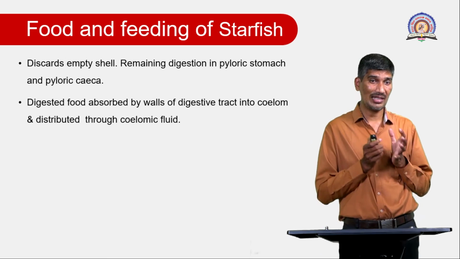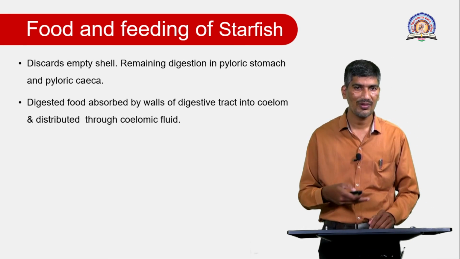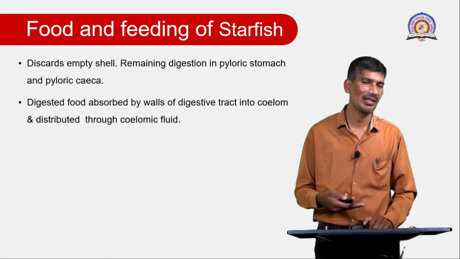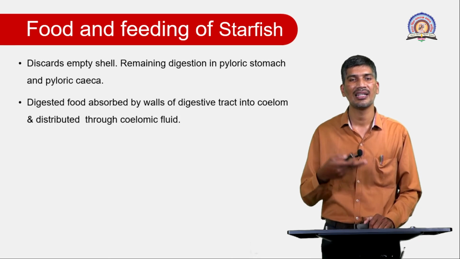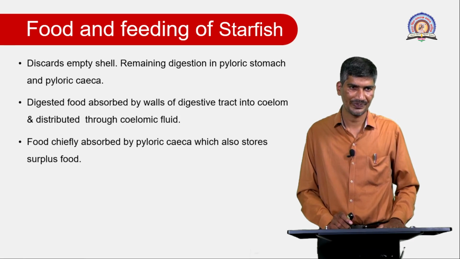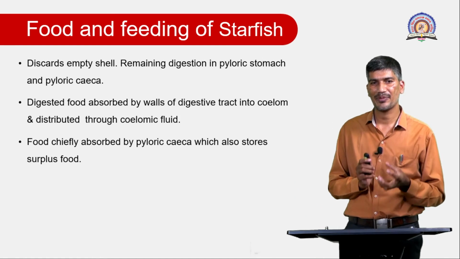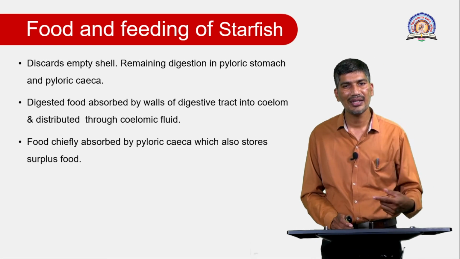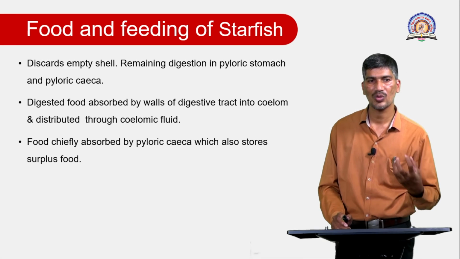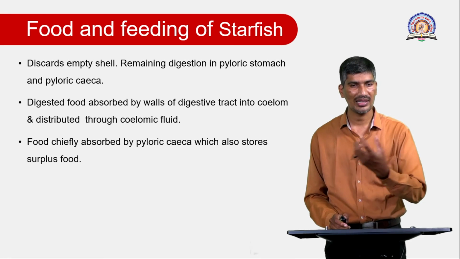And this digested food material is absorbed by the digestive tract. Then this digested material is also mixed into the coelomic fluid, and then the fully digested content is again distributed all over the body through the coelomic fluid. That means here the food is chiefly absorbed in the pyloric cecum, and there is also a large extra content of food that is stored as surplus food in the pyloric